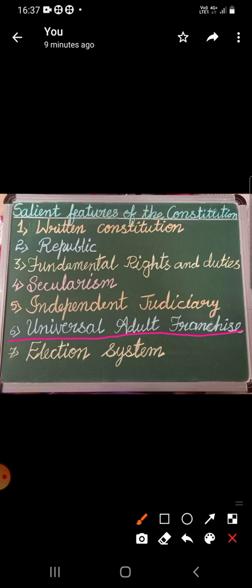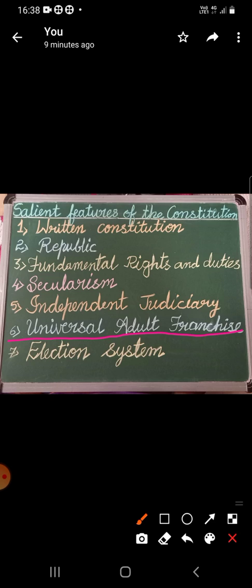All citizens are eligible for voting without any discrimination. Even if they are not able to move, they can be carried to that particular place and they can vote. Then a good government comes to power. Everybody, irrespective of any citizen, all will vote, all will be eligible for voting. So, only then a good government comes to power.